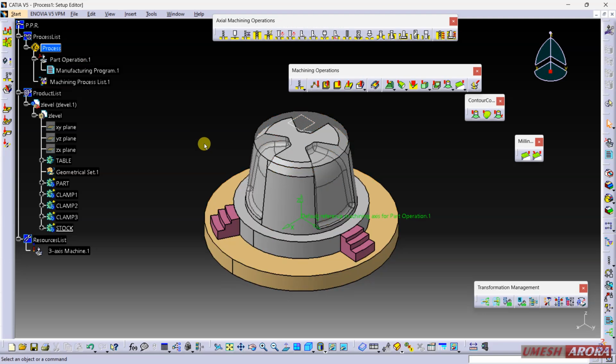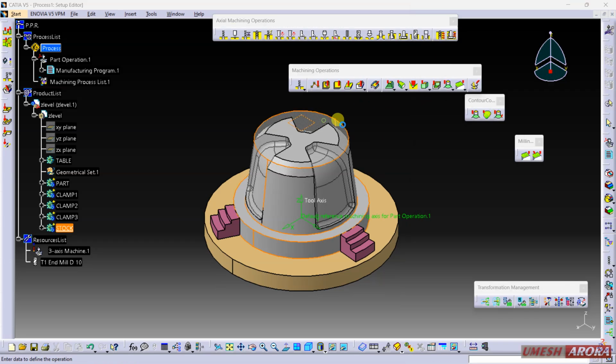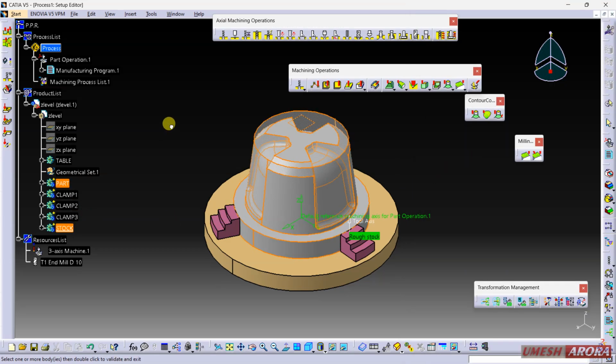Now, first I need a roughing operation, so I'm selecting this roughing. Click here. Rough stock is this one, and the part is this.